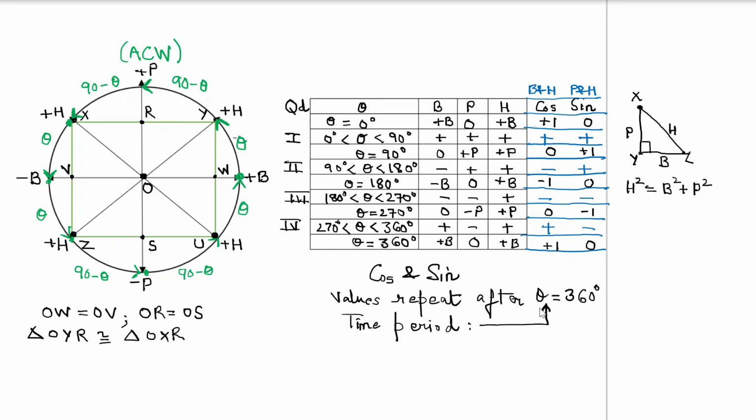I hope you would have found this session to be very interesting for yourself. The more you practice, the more you understand. The only anxiety as a learner that I would have after this session is, what was the need of drawing this circle, this rectangle, etc.? I hope you would realize that these are two. Now whatever values we have tabulated, for example the values of B, P, H, the values of theta, cos and sine, we have tabulated on the basis of the diagram that we had drawn in the anti-clockwise direction, the various values of theta that we had drawn.